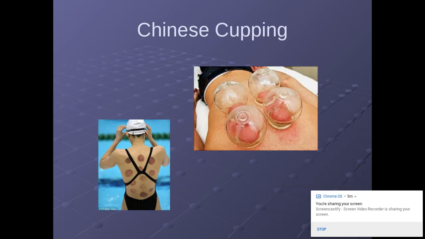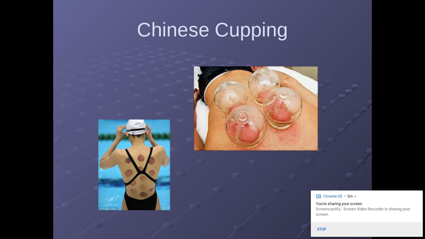Chinese cupping. Chinese cupping is something that has been around for hundreds of years. It is something that's just kind of recently taken off, I would say, over in America. I have a Chinese cupping set in my training room, and there are different theories, but the purpose of it is to promote more blood flow to the area. So if you have, let's say,